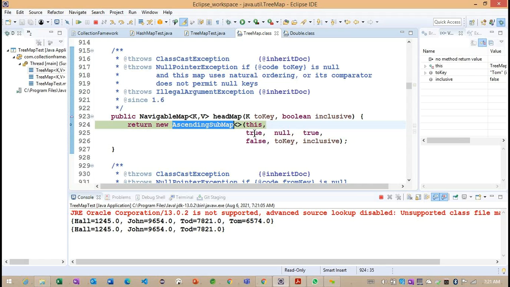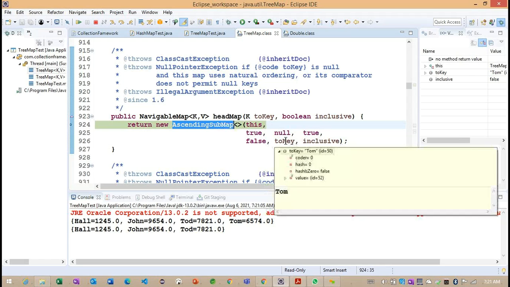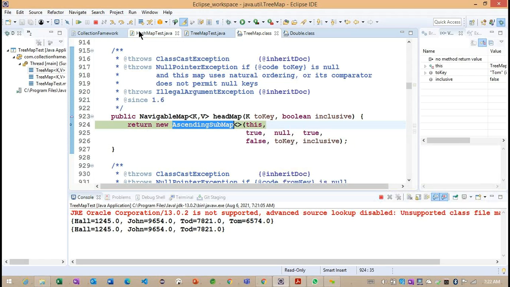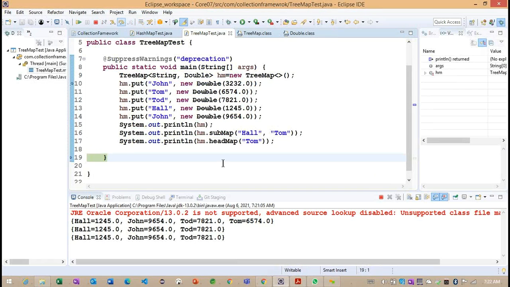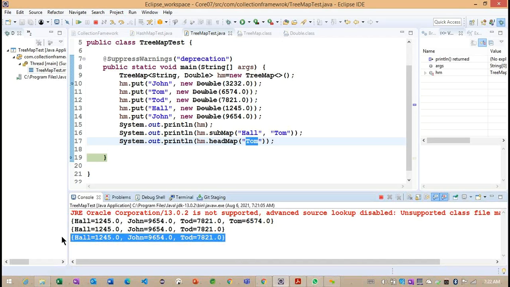So this is all about the headMap here. Internally, what we are passing here: we are passing true, and this is the key Tom. Based on this particular key, we are returning the value. Now you can observe, Tom is the last element, but you can see the Tom element is excluded, and the remaining keys are added here.